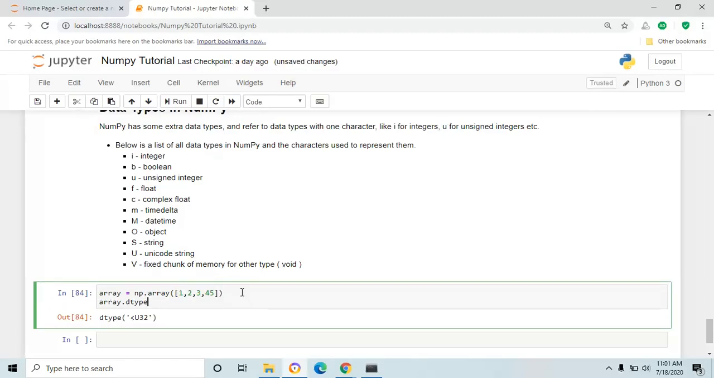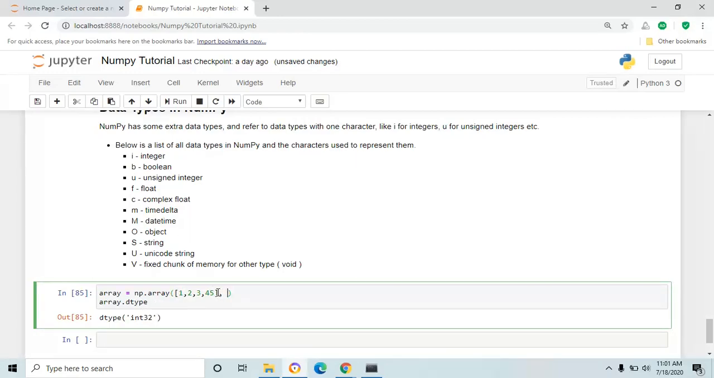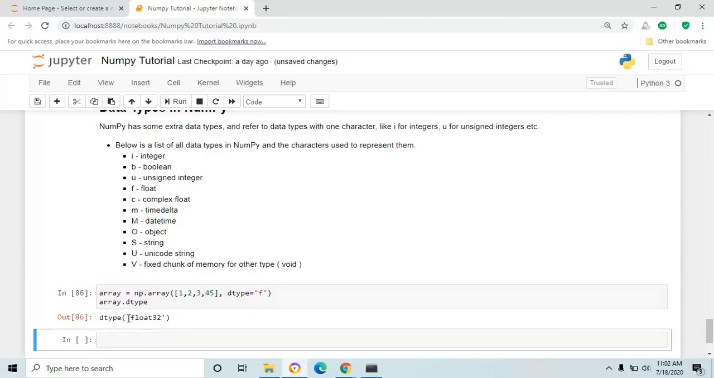So here the data type is integer. Now I'm going to change this data type to float while creating the NumPy array. Inside the code, how to mention that type? Okay, float. Float is f. I'm going to put f, small f, and I'm going to check the data type. See,